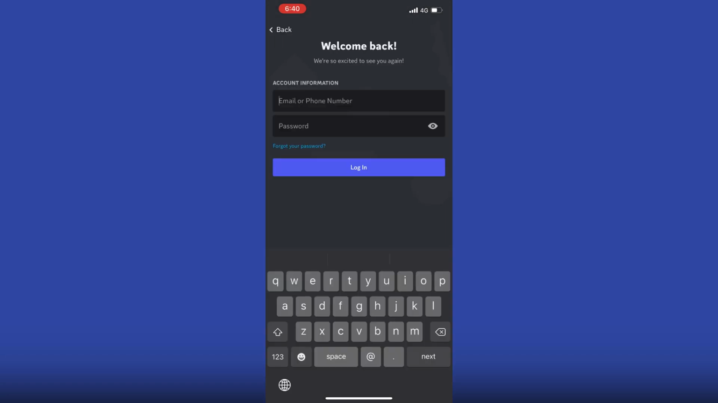Now I can click here, it says login here. Now I can start filling out the mail or phone number and password for the new account that I want to switch to instead. Unfortunately, this is the only way to do so right now on the Discord app. But as I said before, hopefully they will